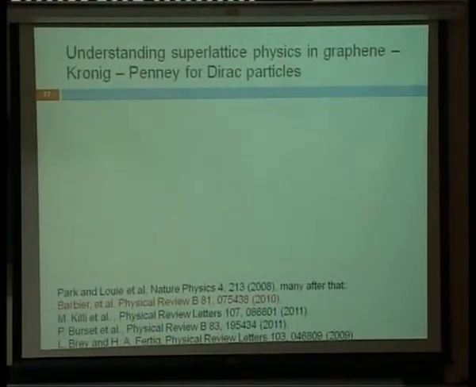So let me just go a little bit. Now comes the part where I try to make a connection with the understanding that people have. So I will basically go into theoretical approaches. People have been predicting different things with superlattices of graphene because it is an area of interest for a variety of reasons, and people have, in some sense, already explored it. So there have been lots of papers. I think, in some sense, Louie's group at Berkeley was one of the first to get started in this, and they have many papers. And